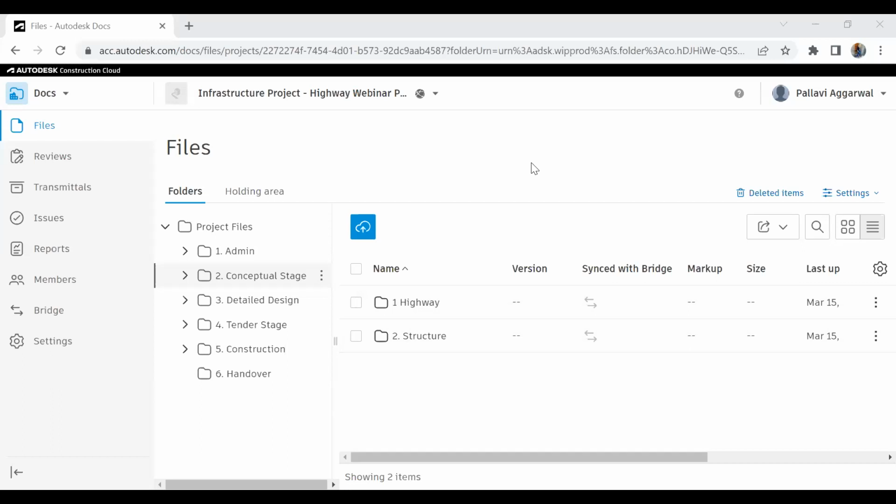Yes, Pallavi. Okay. So over here, you can see this is the Autodesk Construction Cloud Platform. Now, what is it? This is a cloud interface. It's a simple browser-based login product under which you can manage all your project information. So when I say cloud, it means common data environment,